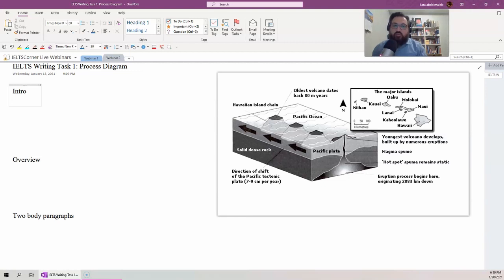Okay? So what the diagram shows, and what is the general information that we're getting. We don't want to go into detail because detail is necessary to be kept away from the introduction and also the overview, because we want to mention detail in the 2 body paragraphs. We can start by something like the present process diagram